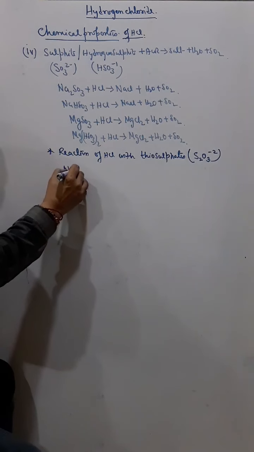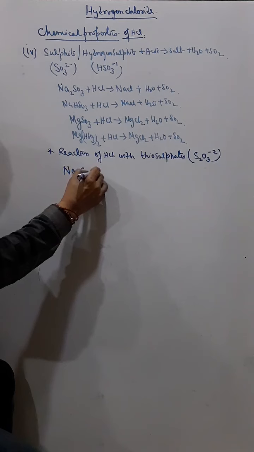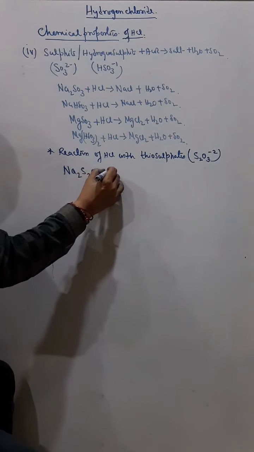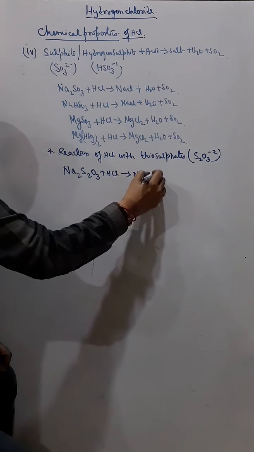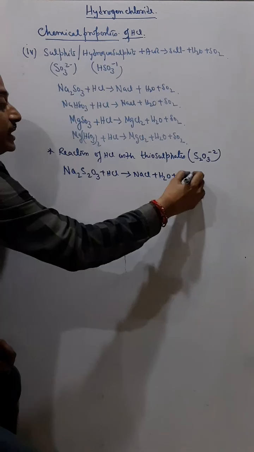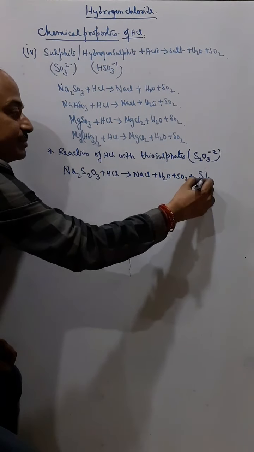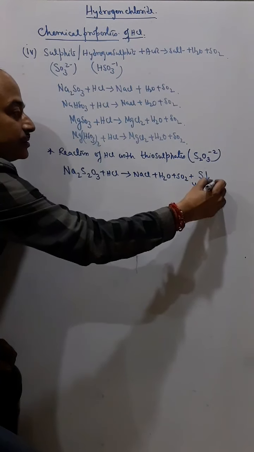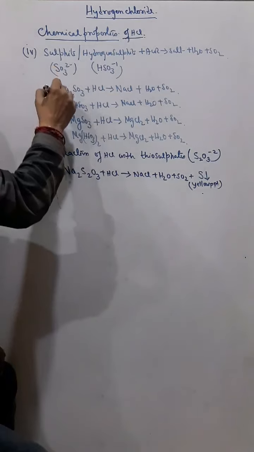Now when thiosulfates, say sodium thiosulfate Na2S2O3, react with HCl, you will get salt, you will get water, you will get sulfur dioxide, and also you will get a yellow precipitate of sulfur. Okay, now if you see this reaction,